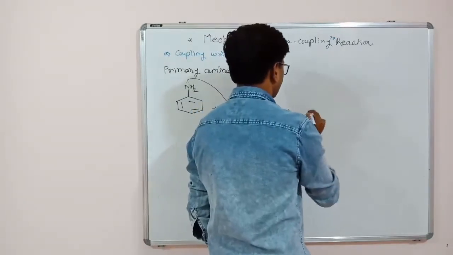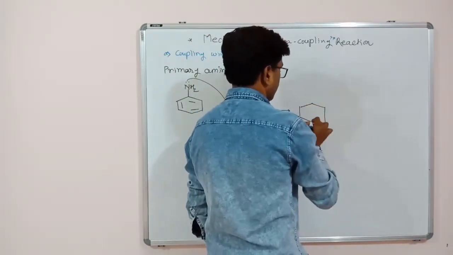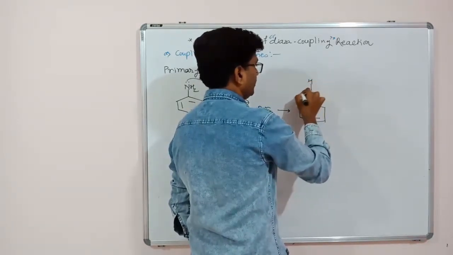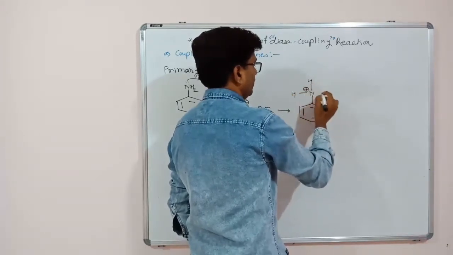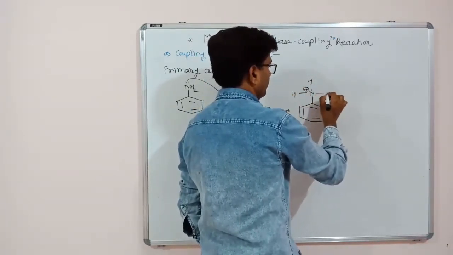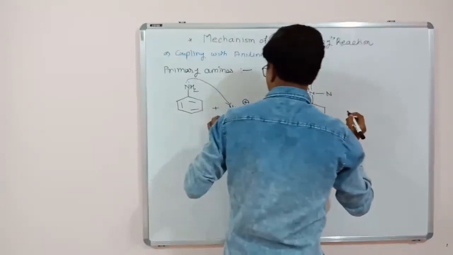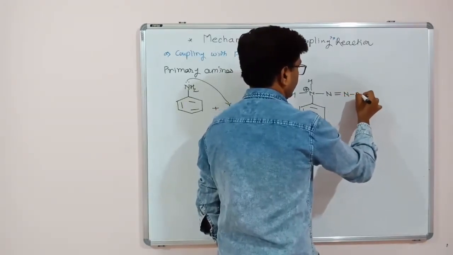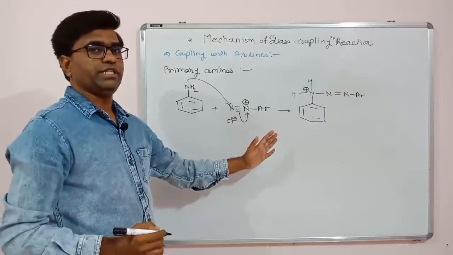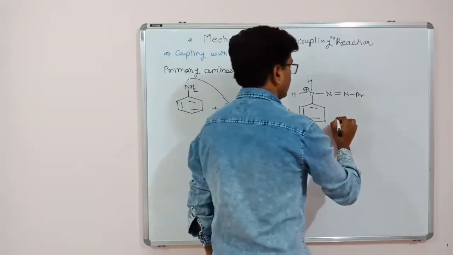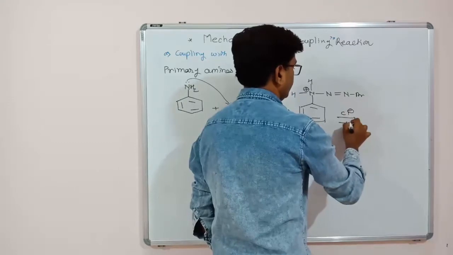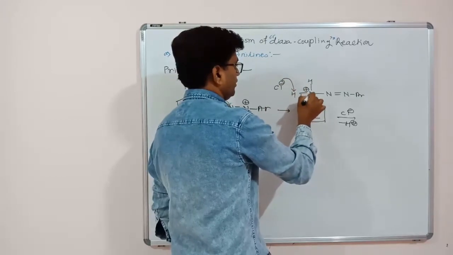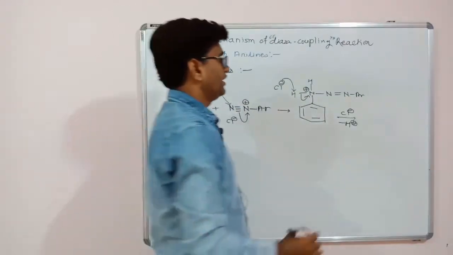Now we will get a compound like, see here, this is a nitrogen. These are the two hydrogens of the primary amine. The lone pair is lost, the positive charge forms a sigma bond with this nitrogen, then this double bond nitrogen Ar. This compound we will get. Now there will be a deprotonation, as we have this Cl minus. See here, Cl minus abstracts this proton, this bond will break, and the nitrogen positive charge will be neutralized.